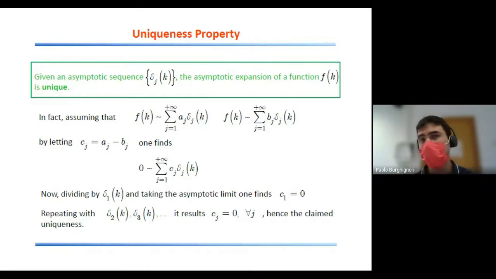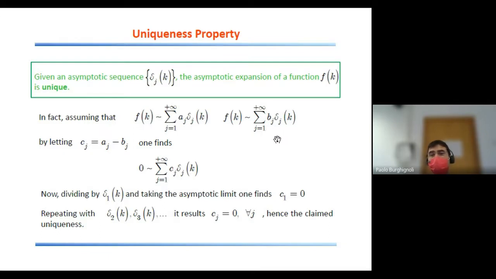If you are given an asymptotic sequence delta_j of k, then the asymptotic expansion of a function f of k with respect to that asymptotic sequence is unique. So we have a uniqueness theorem. And that's very simple to prove, because if, by contradiction, you assume that you have two different asymptotic expansions, one with coefficients a sub j, and the other one with coefficients b sub j,